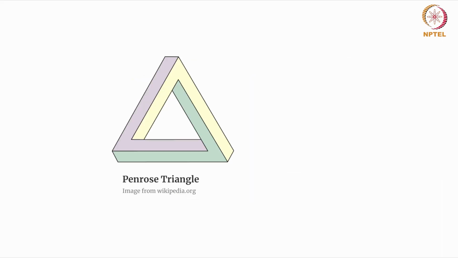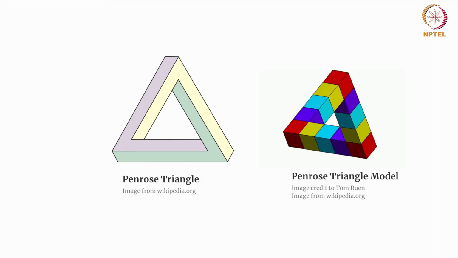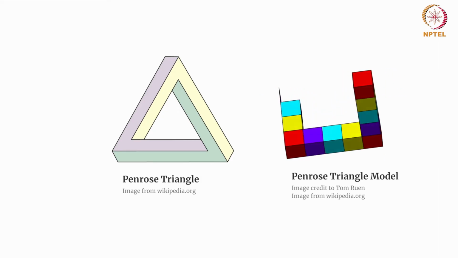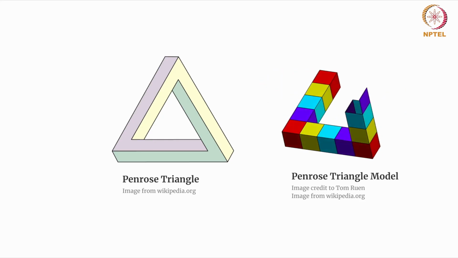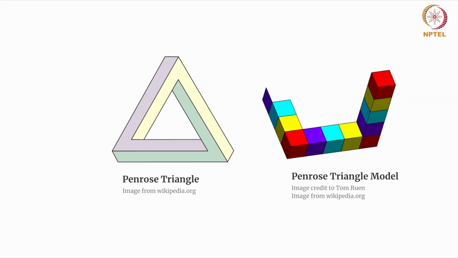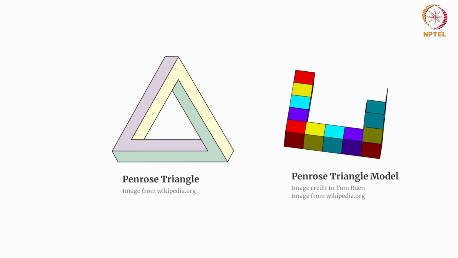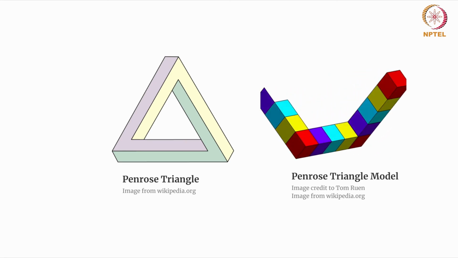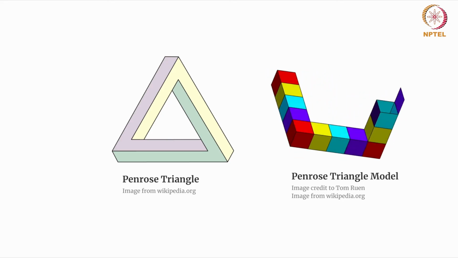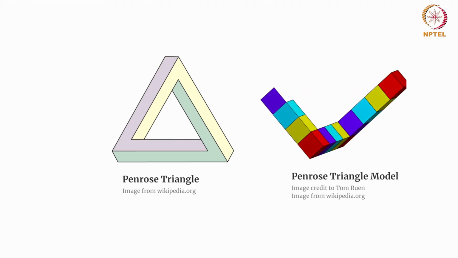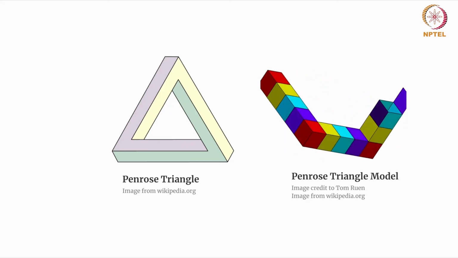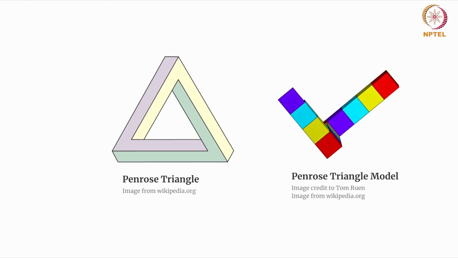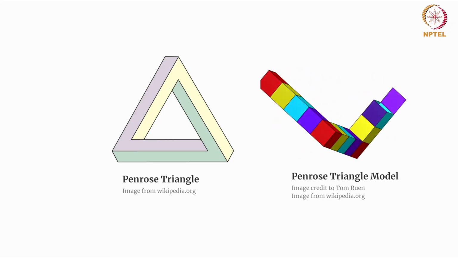Another example is if you look at the Penrose Triangle, where real construction is impossible. But if you look at the right side, this GIF image explains how it is possible, and it totally depends on from what side and what angle we are looking at it, isn't it? So that means how we look at an object, from what side and what angle we look at it, accordingly we perceive things.